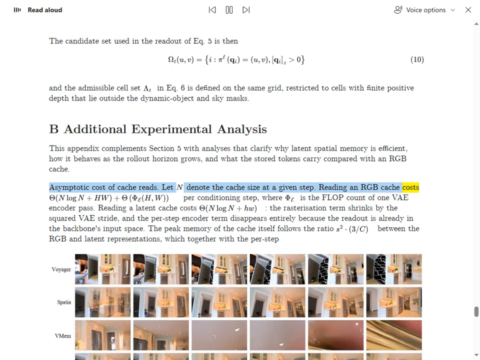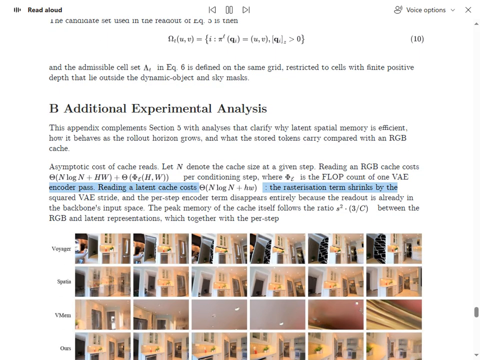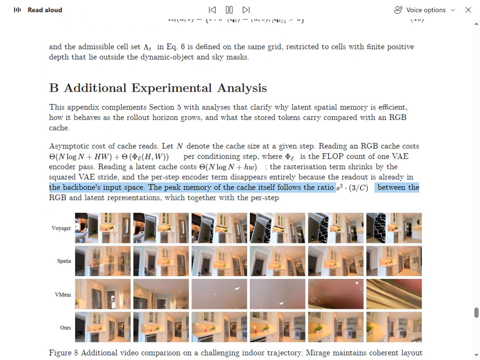Reading an RGB cache costs Theta(n log n + hw) plus Theta(phi_e hw) per conditioning step, where phi_e is the FLOP count of one VAE encoder pass. Reading a latent cache costs Theta(n log n + hw), the rasterization term shrinks by the squared VAE stride, and the per-step encoder term disappears entirely because the readout is already in the backbone's input space. The peak memory of the cache itself follows the ratio s^2 times 3/c between the RGB and latent representations, which together with the per-step